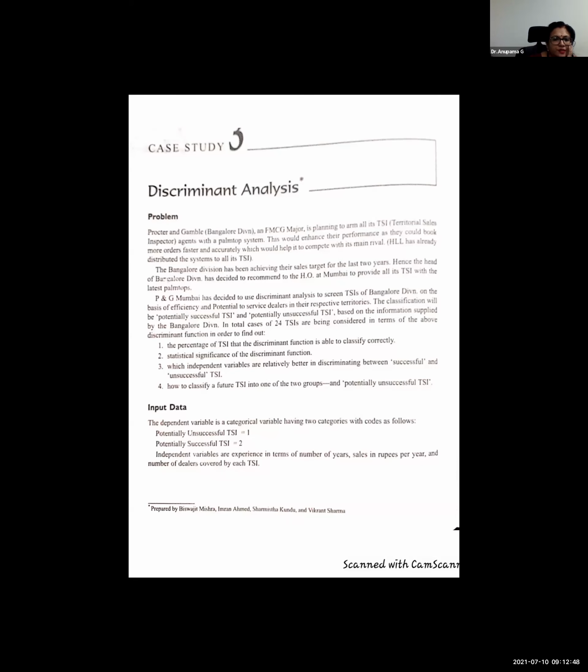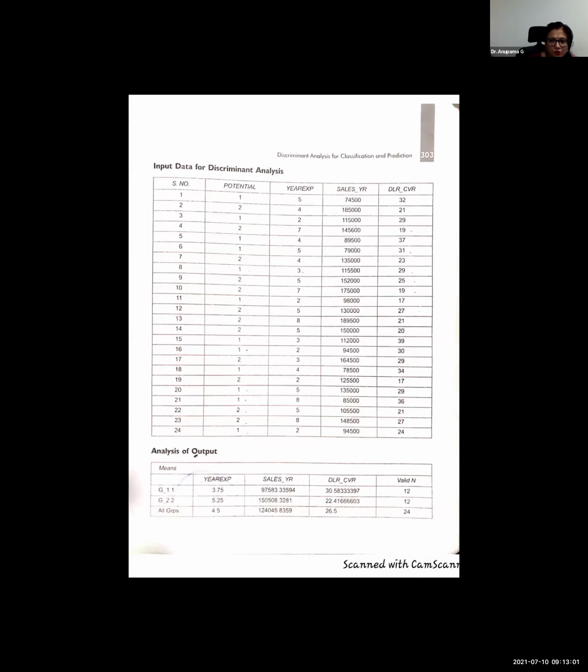Have you all been able to understand? So what has been mentioned here? What is mentioned in the case study? There are some territorial sales executives, and they have to be given this kind of classification. So the next